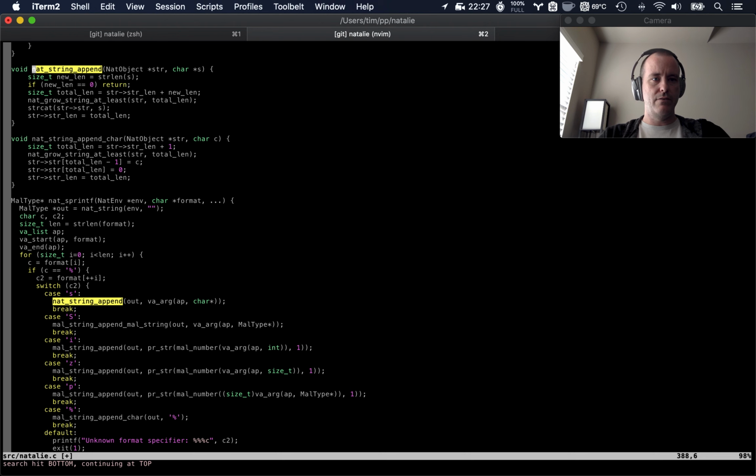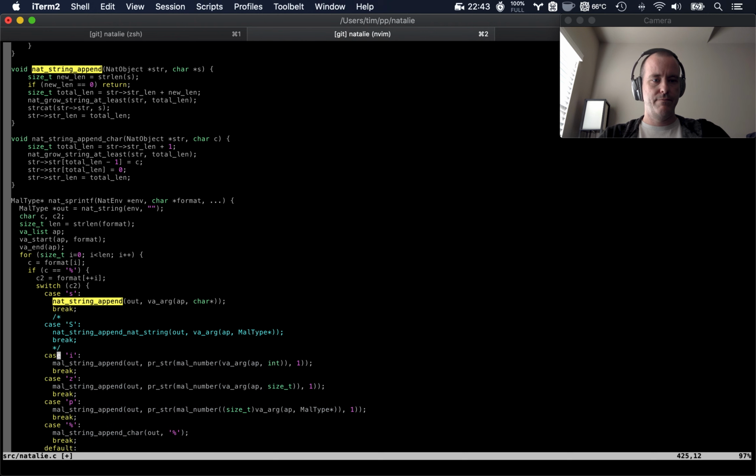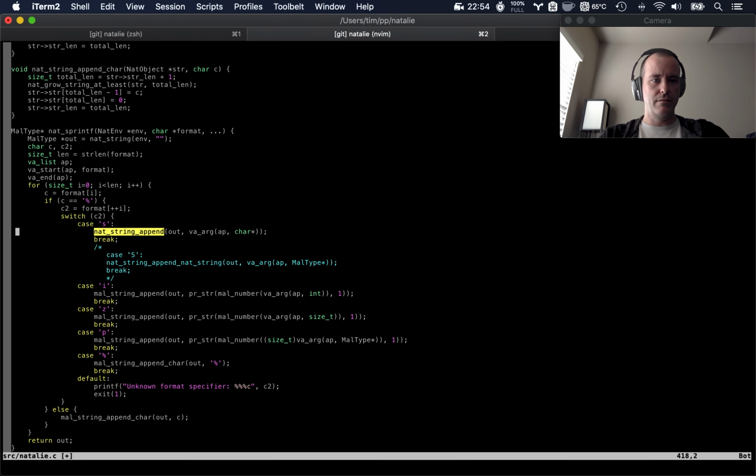And we already have nat string append, right? STRS, perfect. Nat string append nat string, we don't have yet. I'm going to comment that out. Oh, this isn't auto formatted, is it? There we go. Break, yep. Do that. If it's an int,